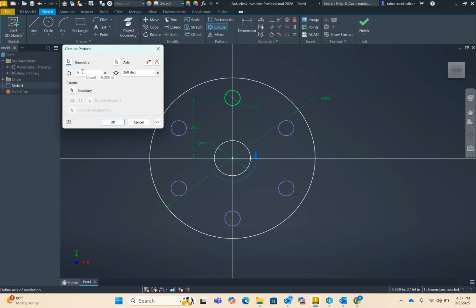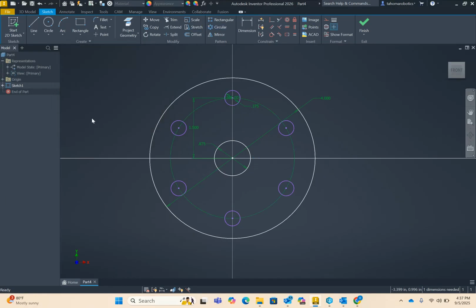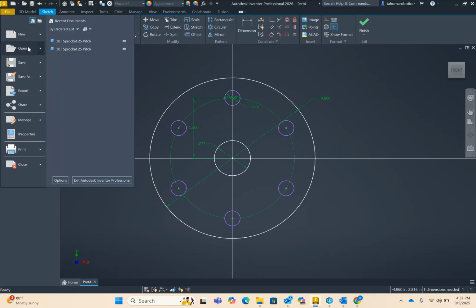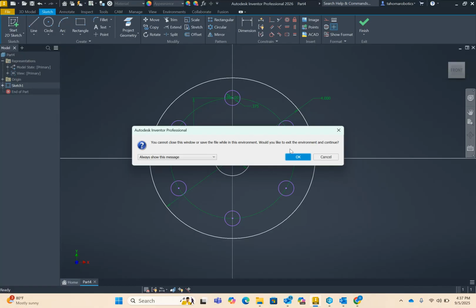in this case, 6 instances around 360 degrees. You can change that very easily if you need a different number, and you could change how many degrees those are spread about, and you can actually change the direction at which they're placed. But we just want the default, which is 6 at 360 degrees. Once that is done, we can hit OK, and we have basically what was drawn on the assignment. Now I'm going to save the piece and go File, Save As, and